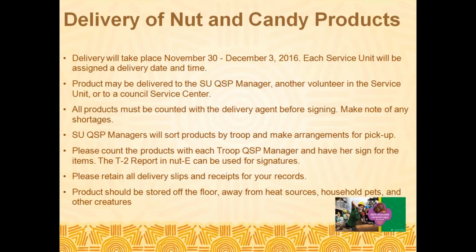The easiest way to do that is by printing out the T2 report in Nutty that you can have them sign. If you need us to format like a spreadsheet for you to take signatures on, just let your product sales manager know. We're happy to do that and send it to you. We do ask that you retain those delivery slips for your records,